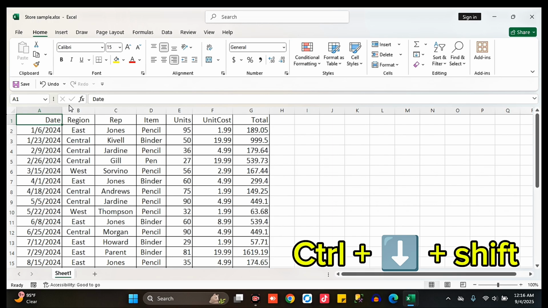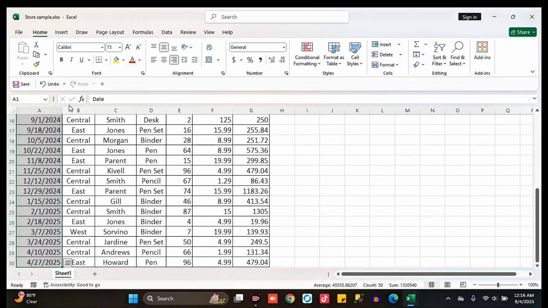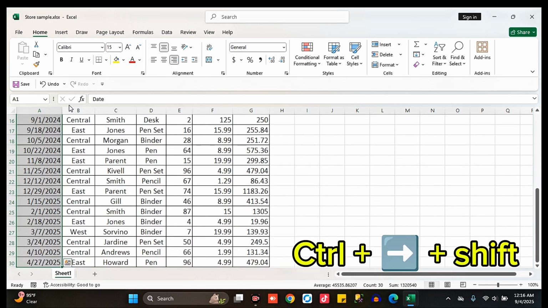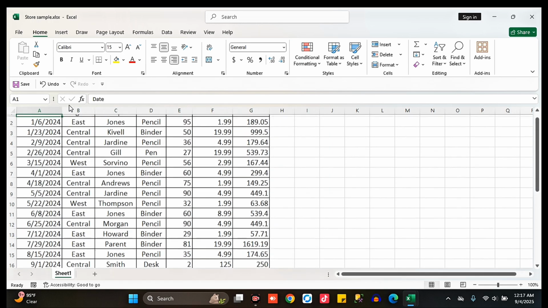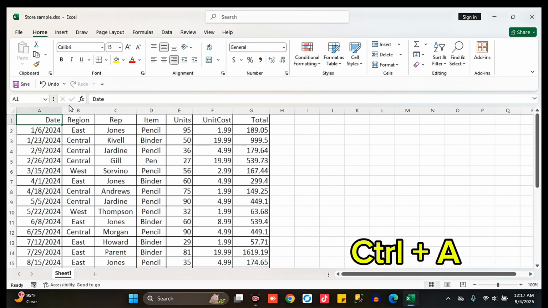So Ctrl+Shift+down arrow will select all of the data in that column. If I do Ctrl+Shift+right arrow, it's going to select everything. Now another way that we can select all of the data in this little table here is to press the